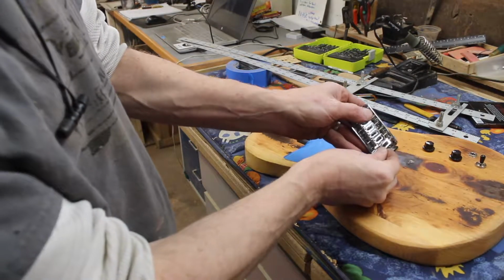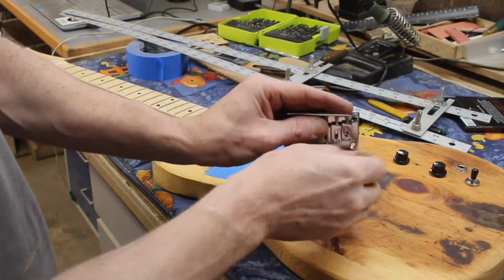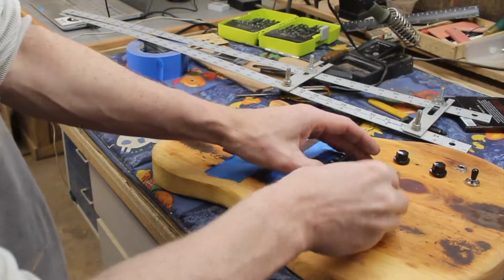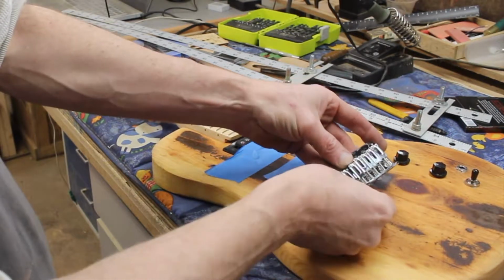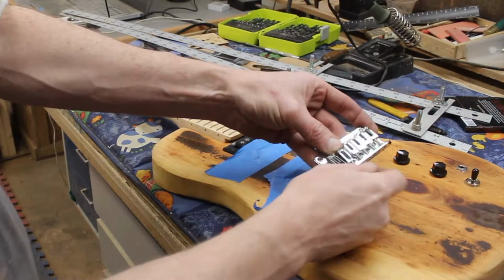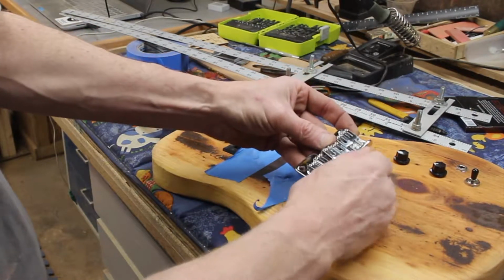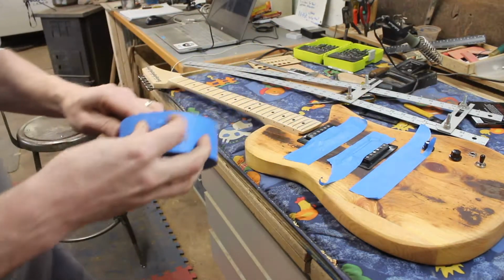You can do some micro adjustments by moving these back and forth to get that exactly right if you're a little out of tune or wonky, but you want to try and nail that. So right now you can see these are all pretty much in the middle of their place of travel. So that's a good spot to aim for. That way I can adjust in either direction that I need to. And I'm going to throw some masking tape down over the guitar right now